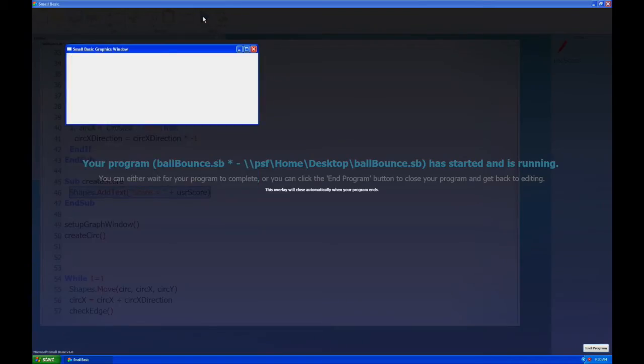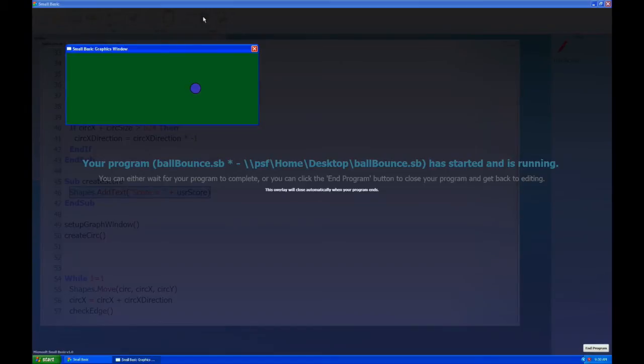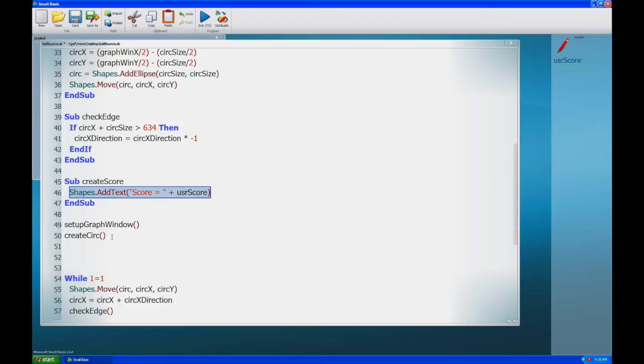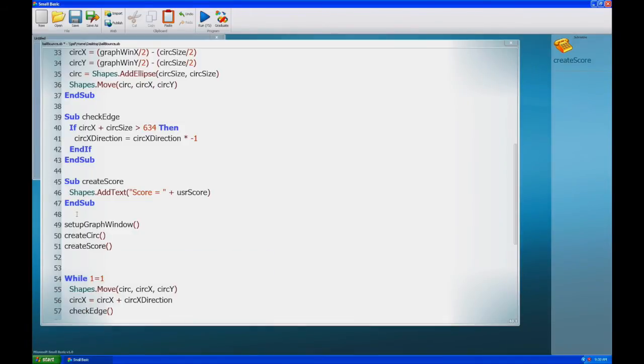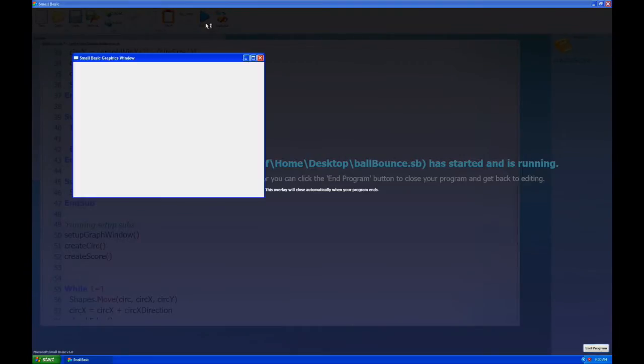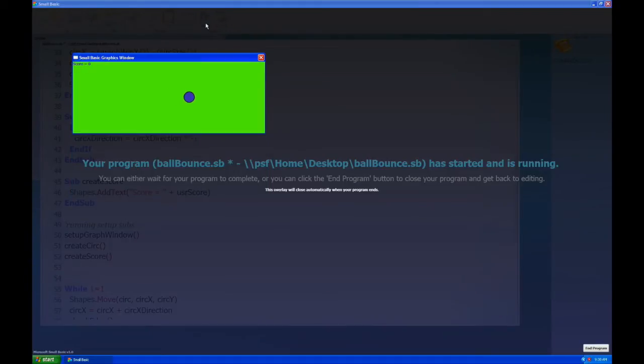And of course we find nothing has happened. Why is that? Well, we never ran this sub. When do we want to create the score? Well, we'll do it as part of our setup. We'll set up our graphics window, we'll create the circle, and we'll create the score. Might put a little comment in here that this section is just running setup subs. So if we run that again now, hopefully we have a bit of text that just says score equals 0,